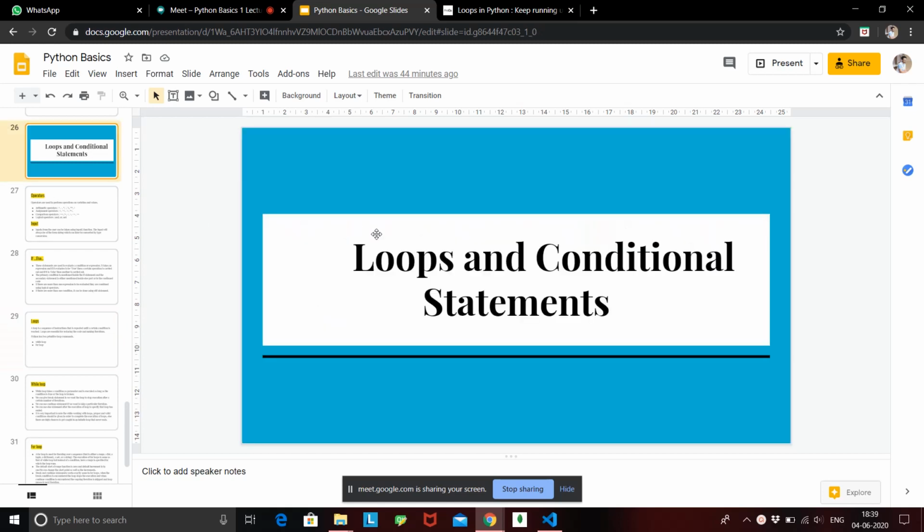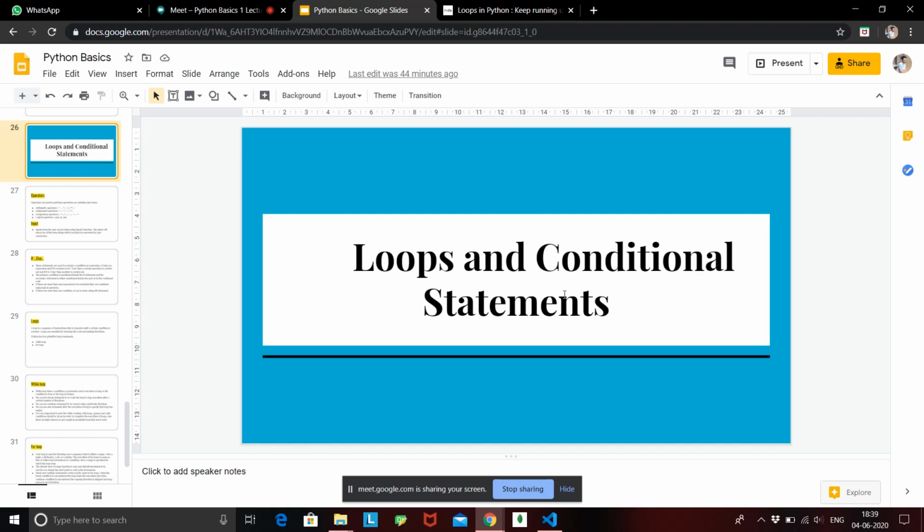Next thing we are going to see are the conditional statements, and what a conditional statement basically means is, it is just like an expression. It can be either true or false, and based on the outcome of your expression, or based on the condition of your expression, you are going to evaluate a certain operation.